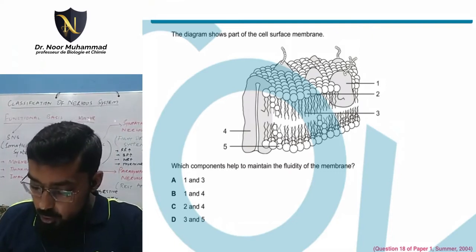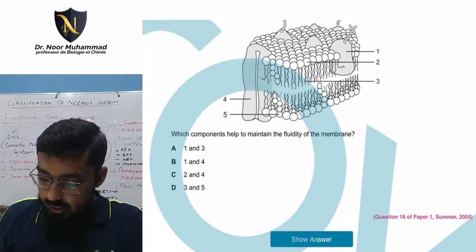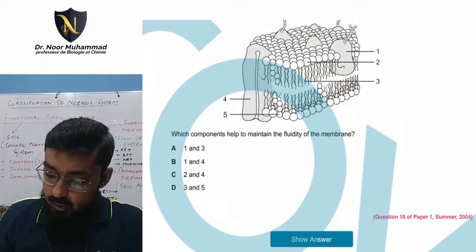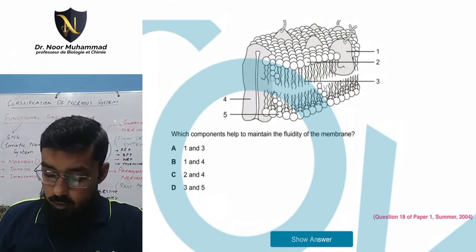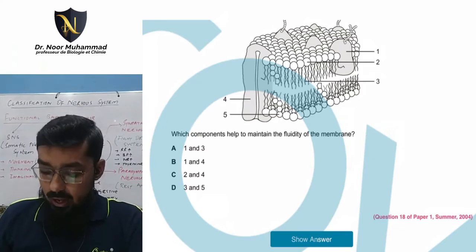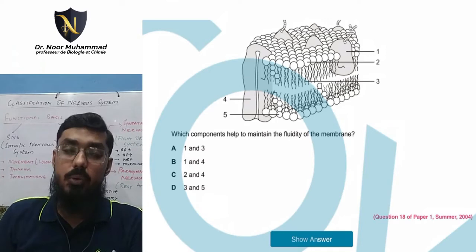So the correct combination should be 3 and 5. Do we have that kind of answer? Let's see. 1 and 3, no, not possible, because 3 is responsible but 1 is not. 1 and 4, no. 4 is again not responsible. 2 and 4, no. 2 and 4 both are not responsible, but finally we have option D, that is